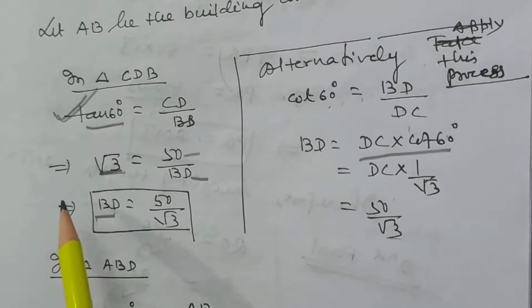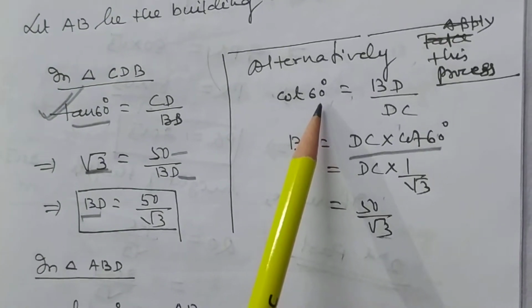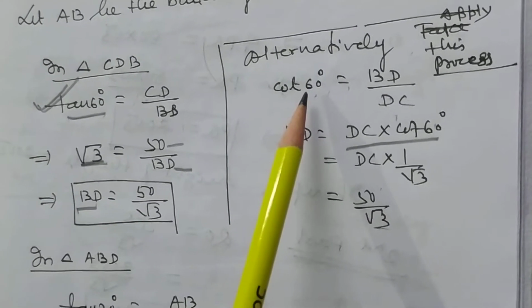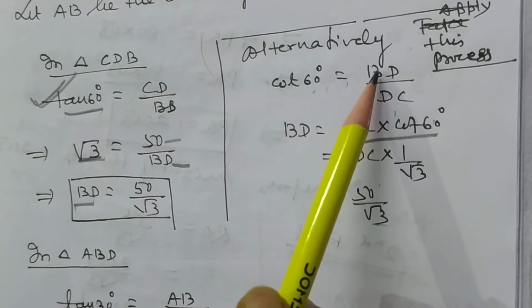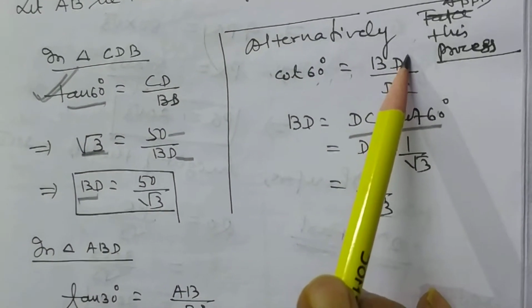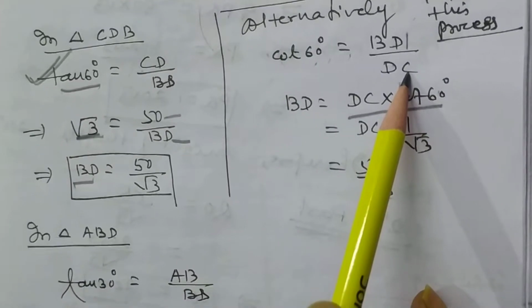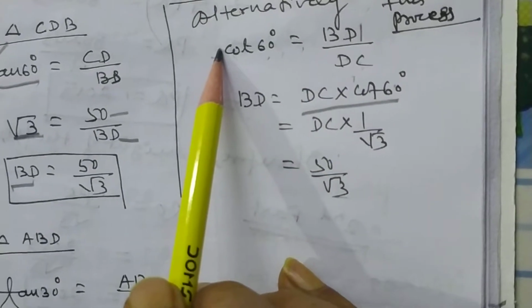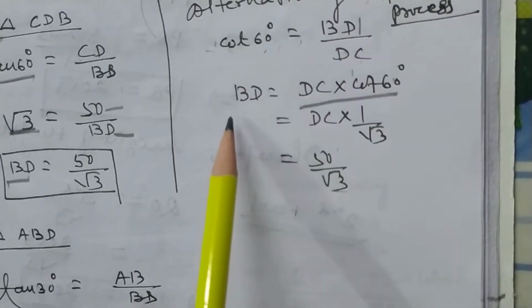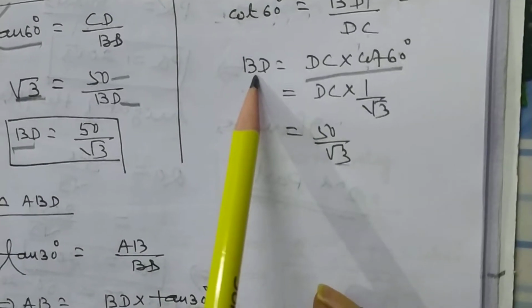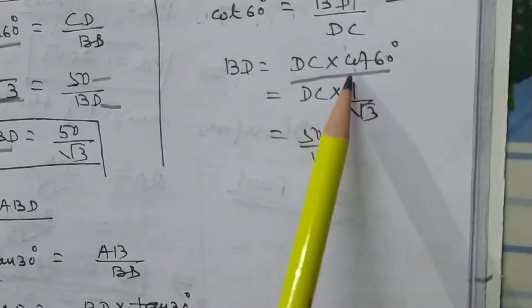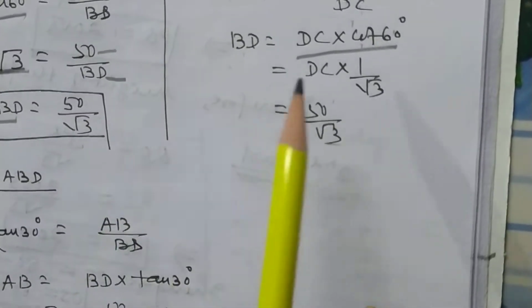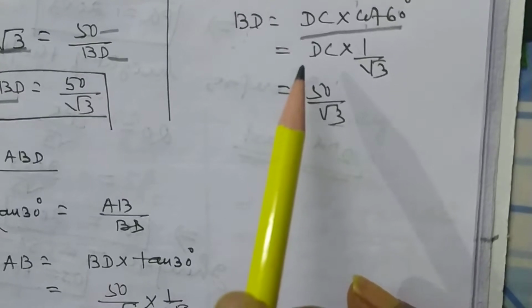is already applied. But it is my suggestion that in case of height and distance, we choose such a trigonometrical function in which the value of the unknown part is in the numerator and the known part is in the denominator. In this way you will save time in calculation, because multiplication takes less time, and division takes more time. This is the basic difference. So you must apply this rule.